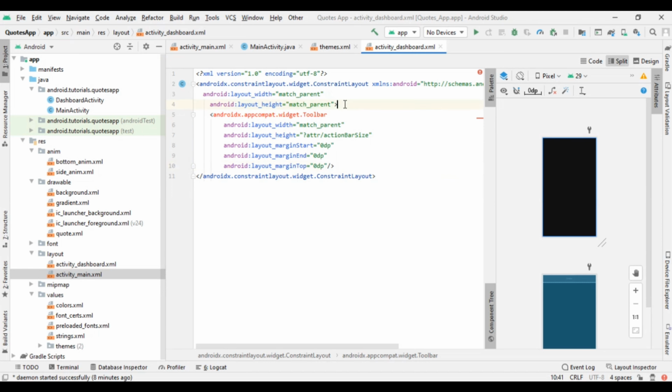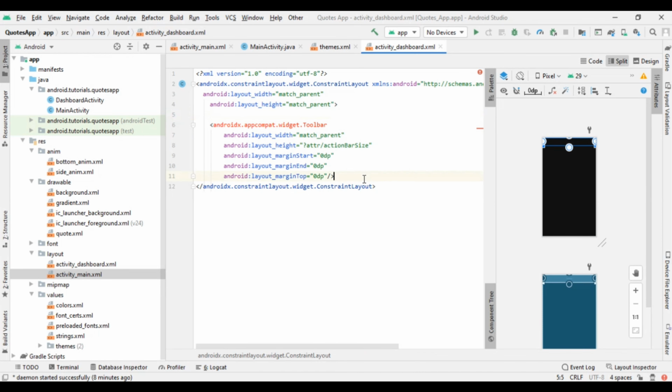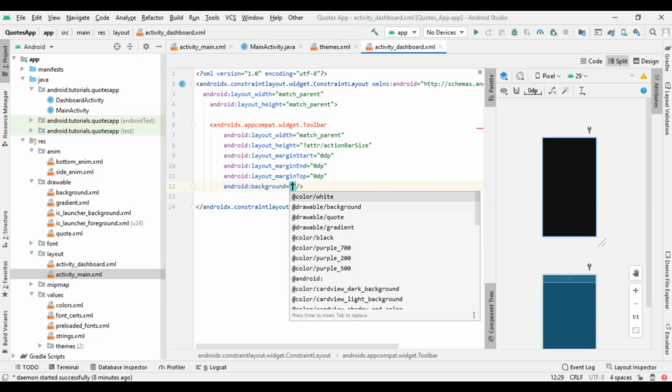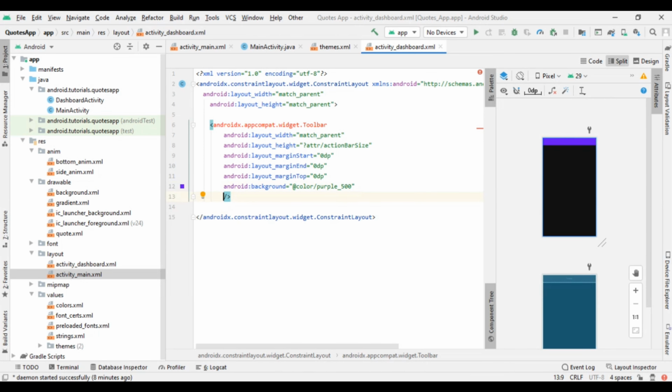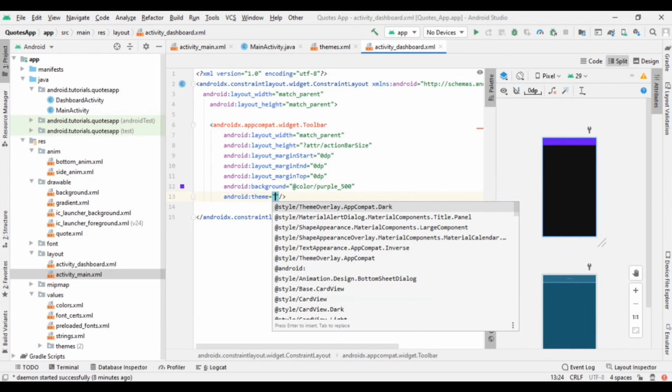And you can see that we got our custom toolbar, but now add the background. So background will be purple 500 or 700 as you want. I am using purple 500, and give that theme, and that theme will be ThemeOverlay.AppCompat.Dark.